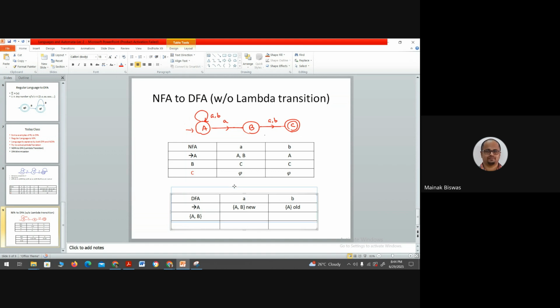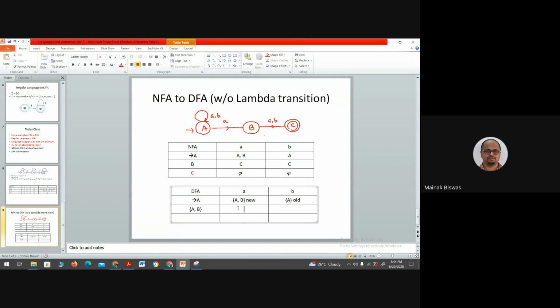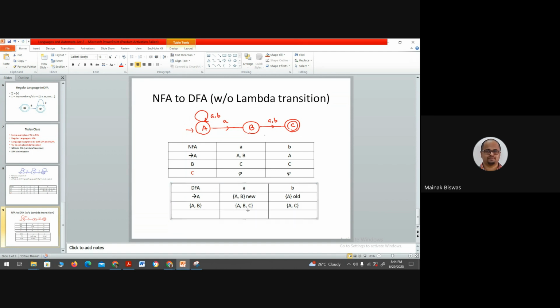Okay, now when AB goes in here, on a, where does AB go? It goes to the new state, that is A, B, C. On b, AB goes to A and C. So here we got the new states ABC and AC. Where does ABC go? ABC on a goes again to ABC, and ABC on b goes to AC. And again, if we take AC,